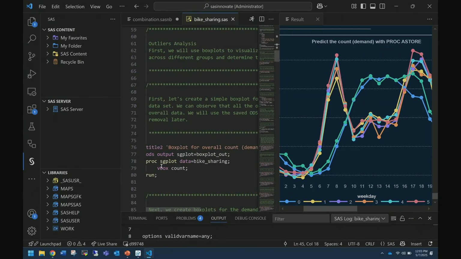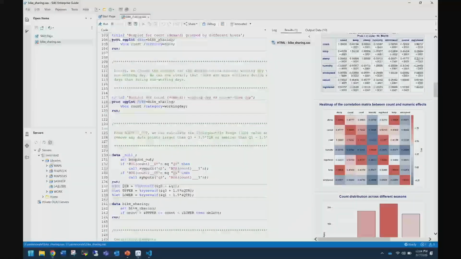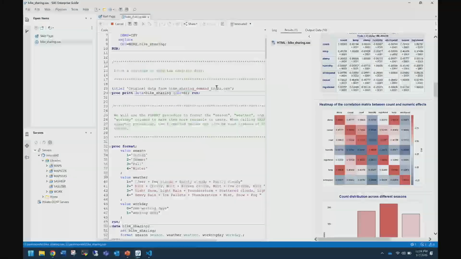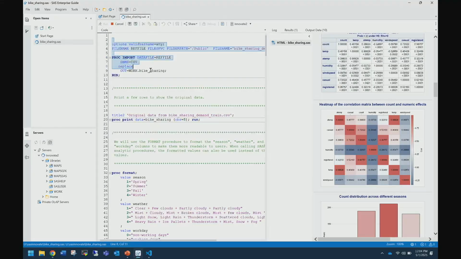Another way that you can take advantage of these VIA Analytics is Enterprise Guide. As you may know, you can use Enterprise Guide to connect to a VIA cluster. This is a local install of Enterprise Guide. This example is the exact same bike sharing example that I was showing the whole time.